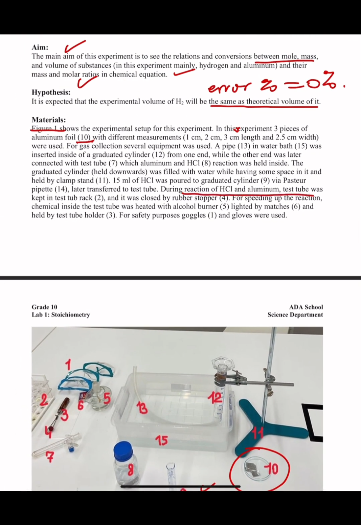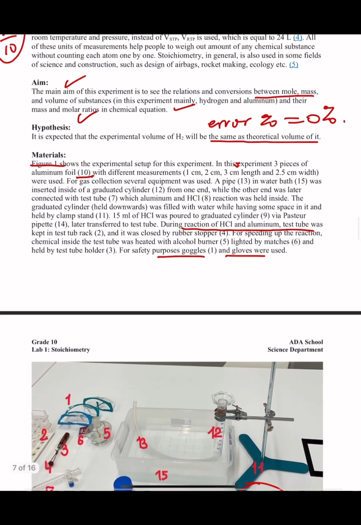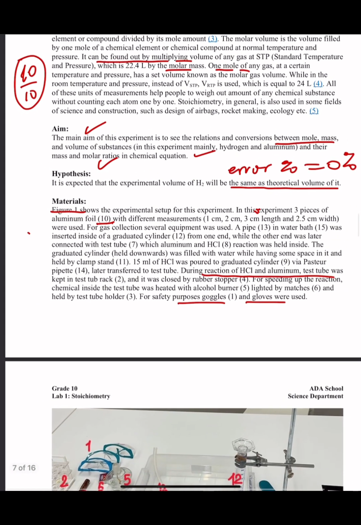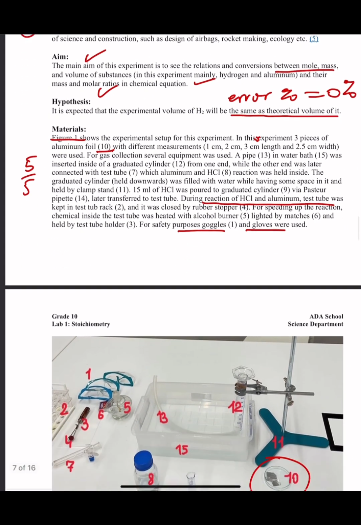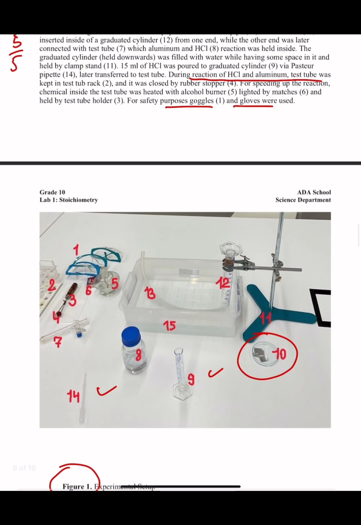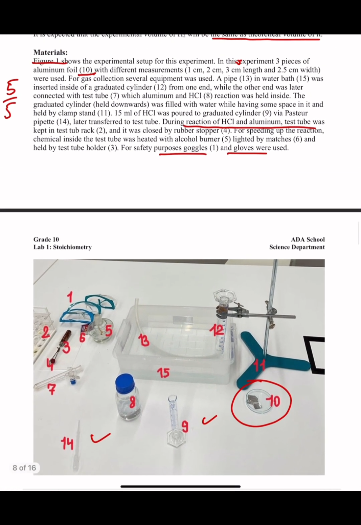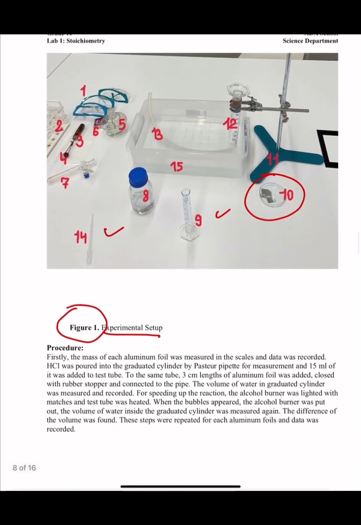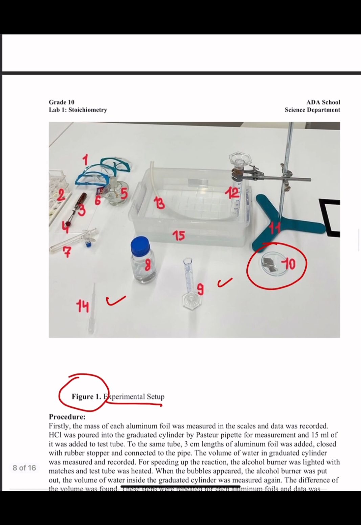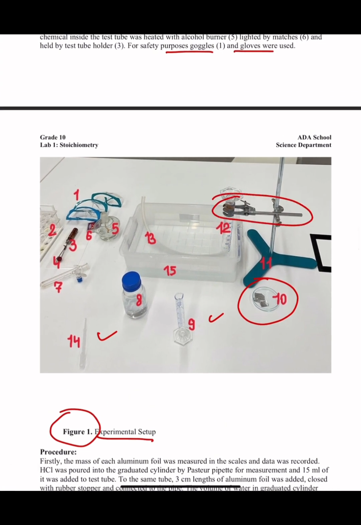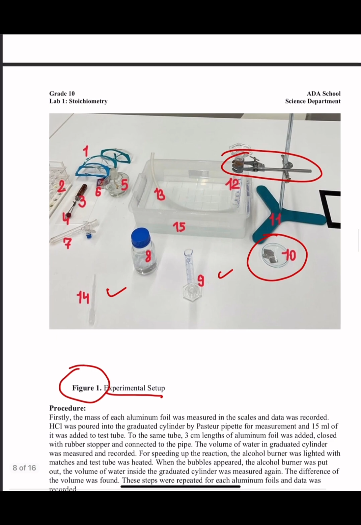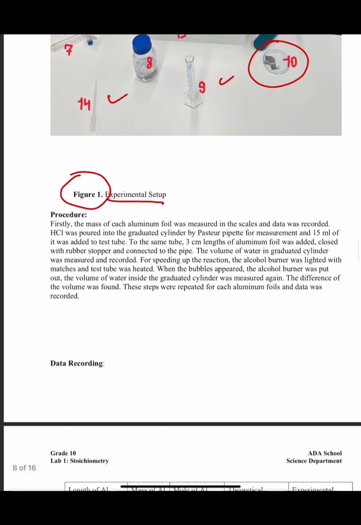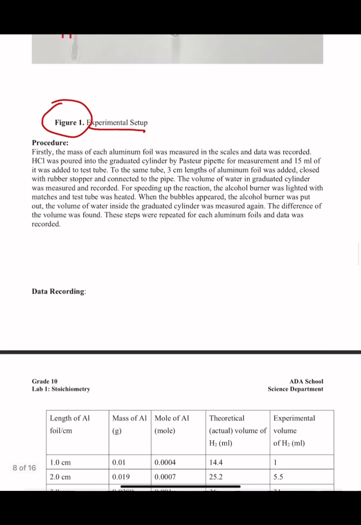So I'm reading this beautiful report, and I can see that everything is going well in here. So I'm gonna give 5 out of 5 for this one. And the only thing that is missing in here, they missed the, no, it's here. And I'm gonna move on. Maybe this holder, this is a separate one. You need to give the clamp another separate number. And then we're gonna go into procedure.